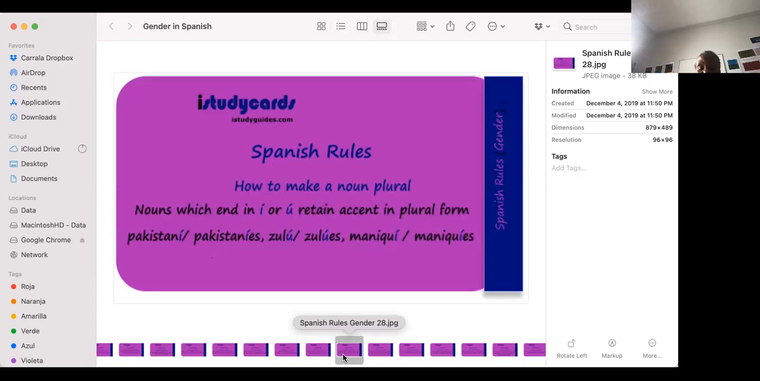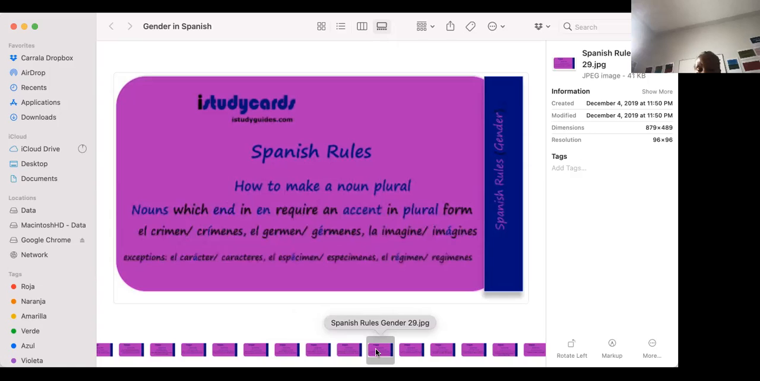Nouns which end in an accented I or U retain the accent in plural form. You can see the examples. I'm just going to let you see this now. Nouns which end in EN require an accent in plural form. You see where the accent goes, now the accent does not go on the last, it goes on the first syllable. Crímenes, gérmenes,